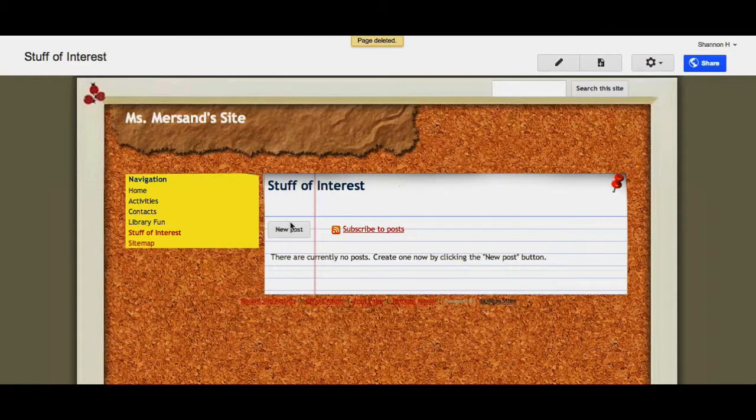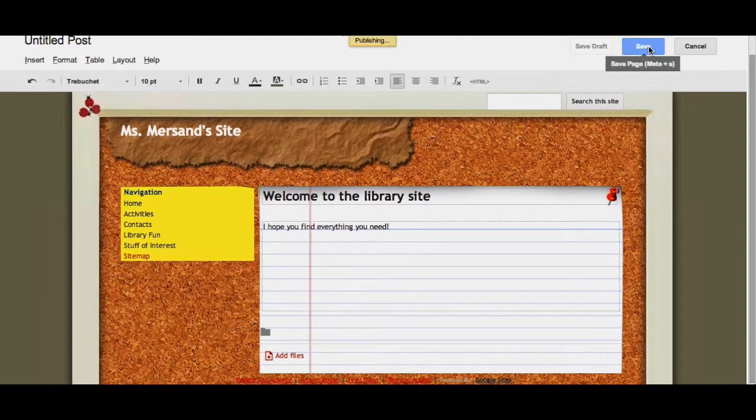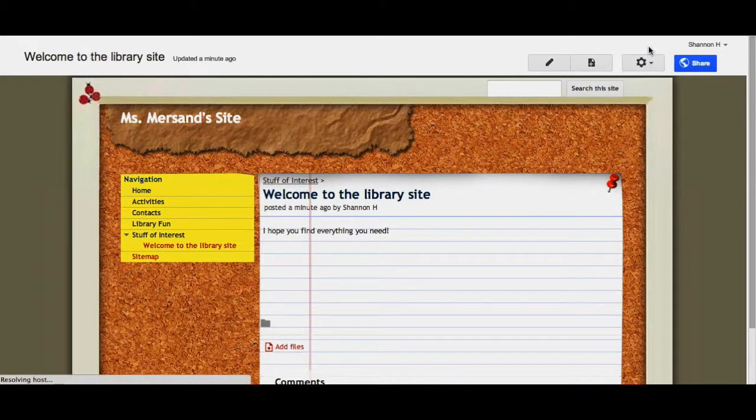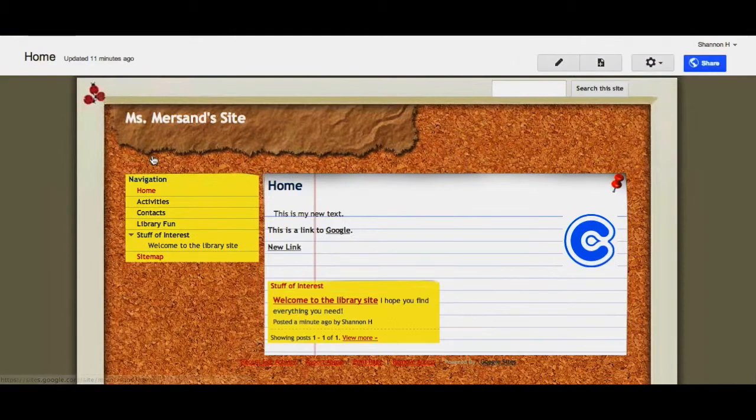To create a new post, I click on the New Post button, and what this is essentially doing is creating a mini web page that will then be linked to the announcements area. I need to give my post a title, and I click on Save. Because of the way this page is set up, Google automatically adds that message to my announcements on the left-hand side. I'm also going to go back to my home page,